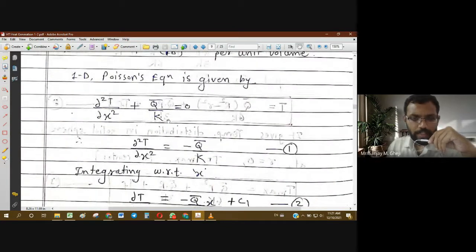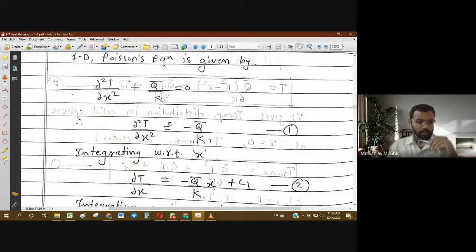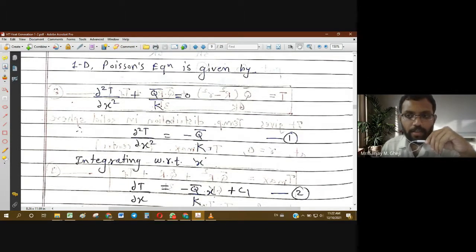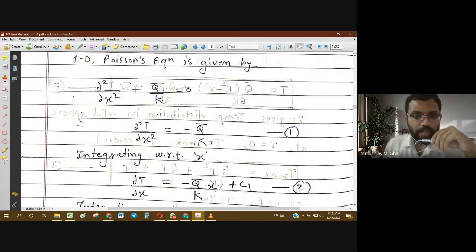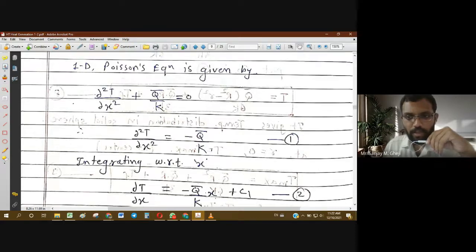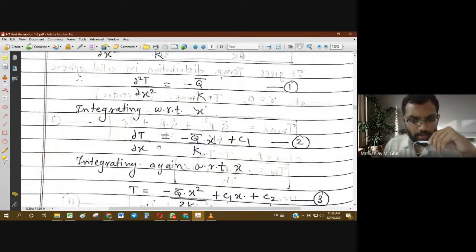So while solving this kind of problem, you have to do all the steps that we have done for the derivation. Remember, the nature of all these heat generation problems is such that it is like a derivation. You are going through the same process of derivation again and again. Only the change will be in the boundary conditions. So every problem is like a fresh derivation. All these steps you have to do.